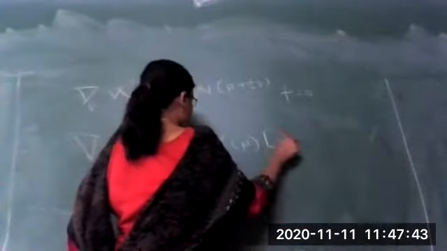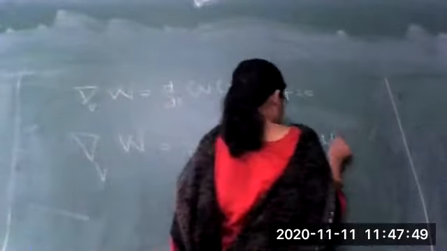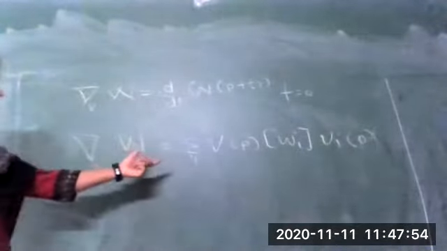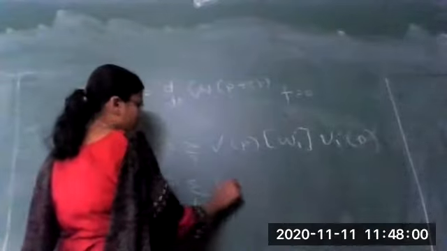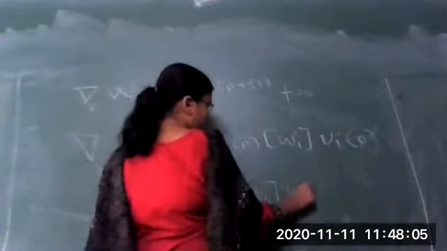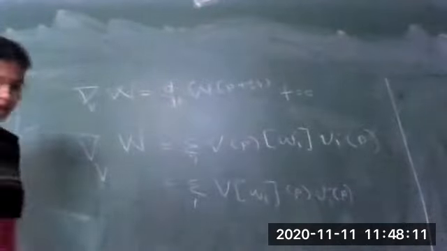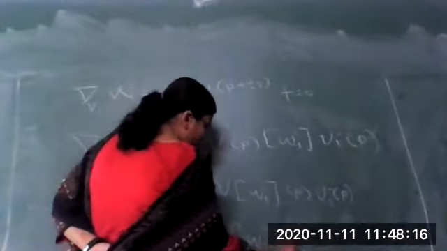And if you go to every point of the vector field capital V, which is nothing but V of P, that is nothing but Vp, now Wi, then Ui of P. Just like our definition, the theorem we have proved just now. That is Vp Wi Ui at a point P. So now we can write this as summation over i V Wi, that is the directional derivative of function f in the direction of a vector field at a point P, Ui at a point P. So now we can take this point P outside, so we can write this as summation over i V Wi Ui at a point P.